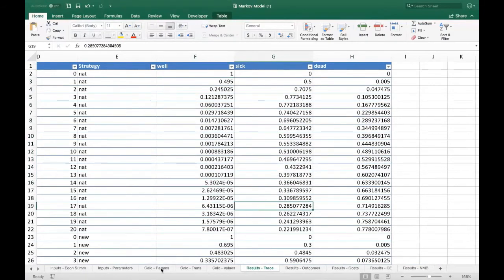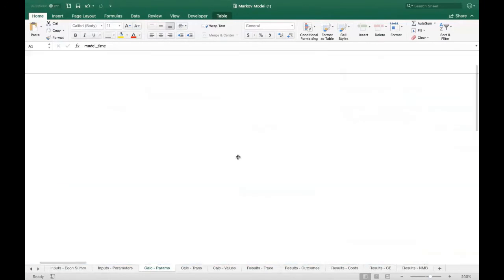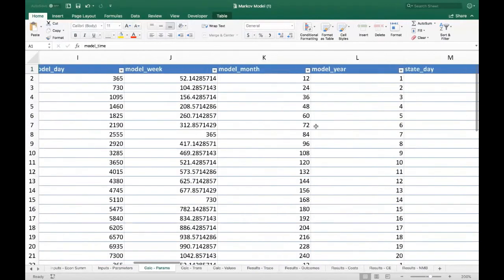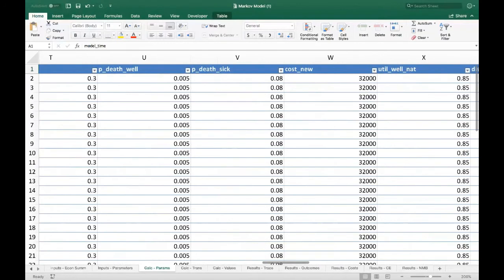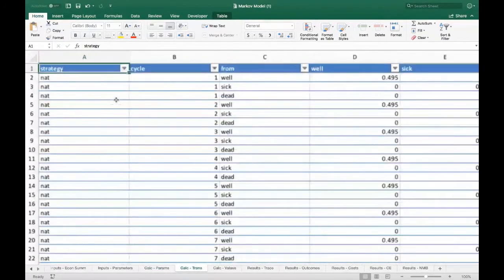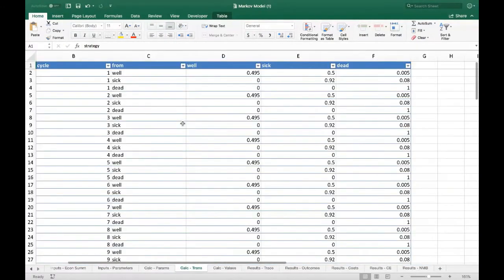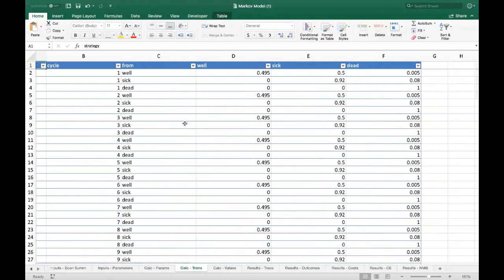It also shows the calculated values of all these parameters over time, all the different parameters that you've defined. It shows the calculation of the transition matrix for each cycle. So basically all of the internal calculations, all the results of the internal calculations are in here for you to look at if you want to examine them.